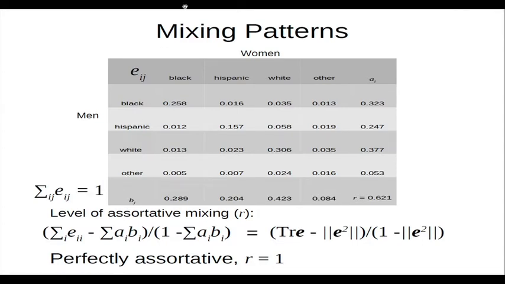Now, even by looking at this table, you can very nicely observe that the diagonal is heavy. If we have a matrix where the diagonal contains all the values and there are no values in any other cells, then that would mean that the network is perfectly assortative, that is, there is no value in any other cell except the diagonal.